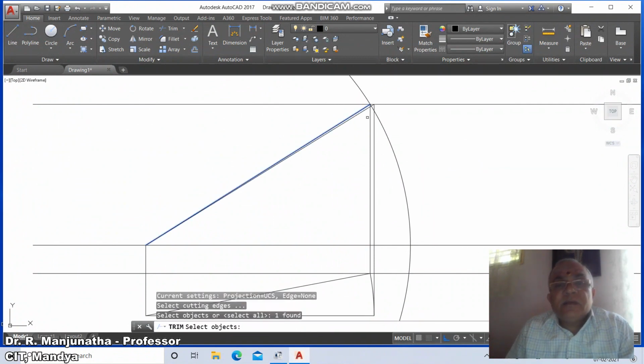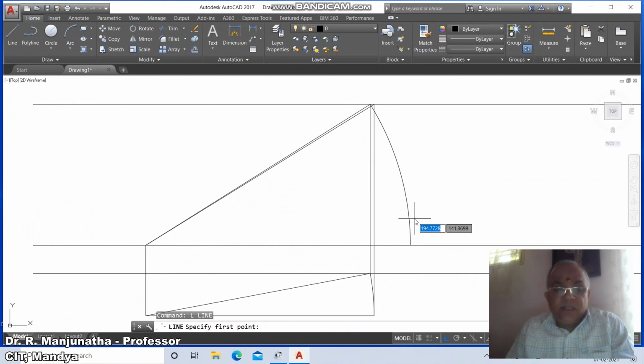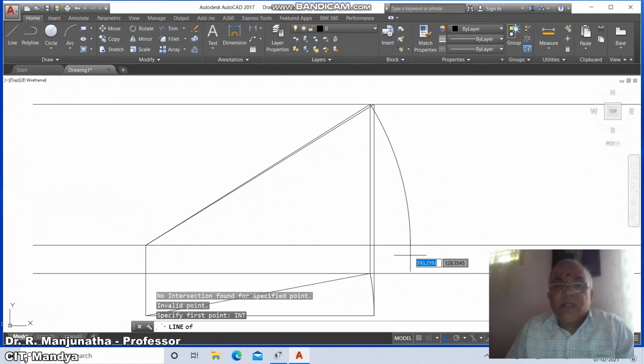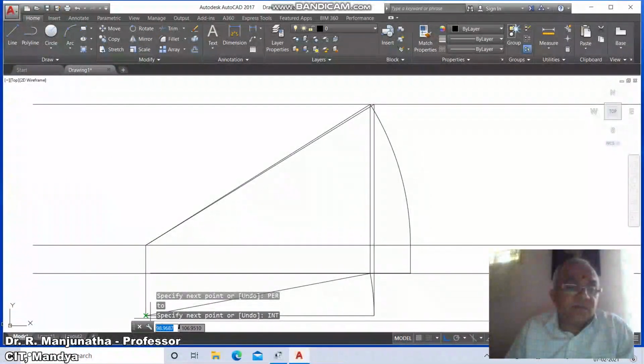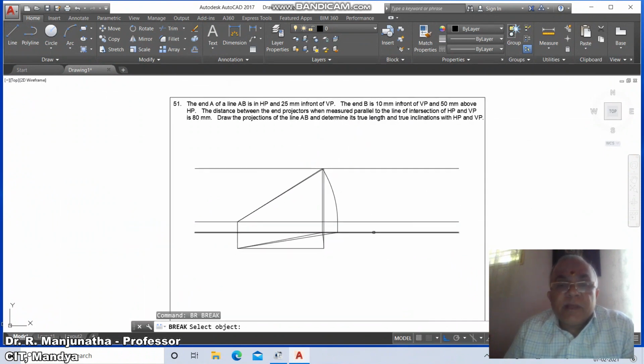between this inclined line and this horizontal line. So you trim it. Then go to line, take the intersection of this to perpendicular to this, and from here you take the intersection point of this. Okay, now you just go to zoom previous, then go to break this line till here, and then break this